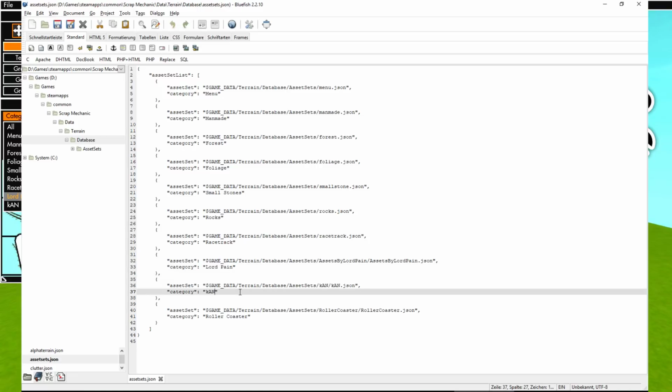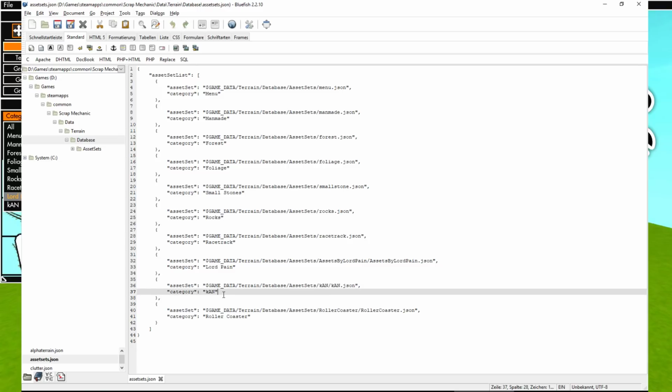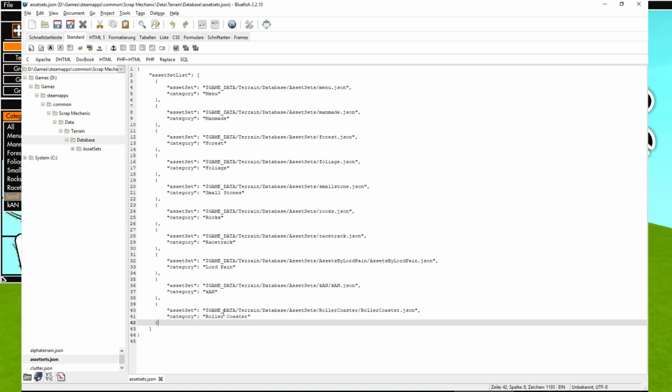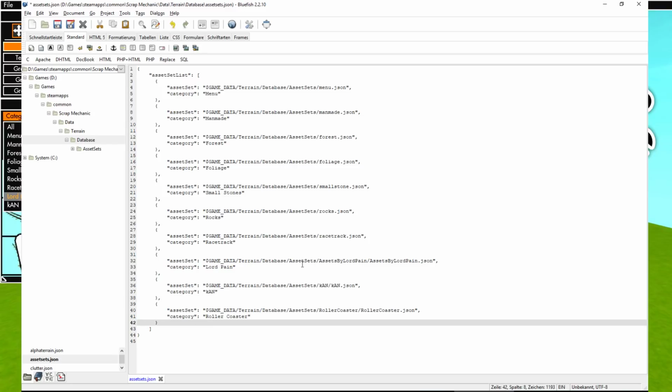The same with the Khan asset set. So if you already have it, then just leave it like that. If you don't, then you want to write this text in here. Now make sure this is exactly how you see it over here. You don't want any comma over here or no comma in between, that will not work. So you want to make sure, just pause this video and compare it to your text file